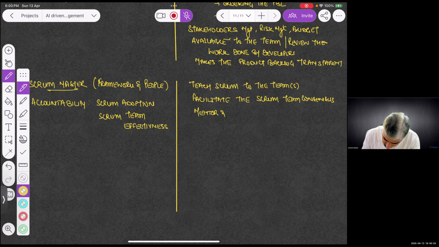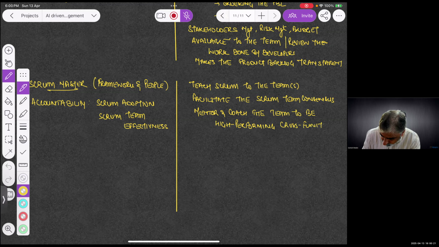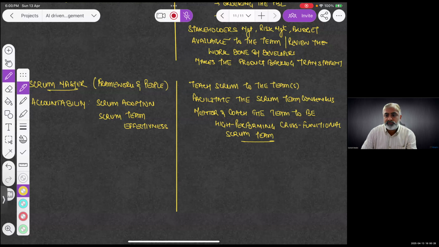Mentor and coach the team to be high-performing, cross-functional Scrum team. We expect our Scrum team to be high-performing and cross-functional. Cross-functional teams are the teams who are having all the skills which is needed for them to work on the deliverables. This person also resolves